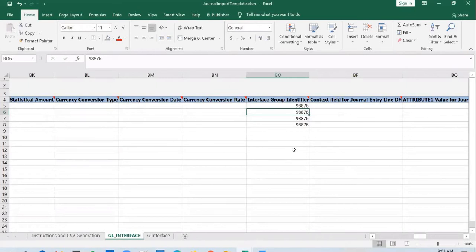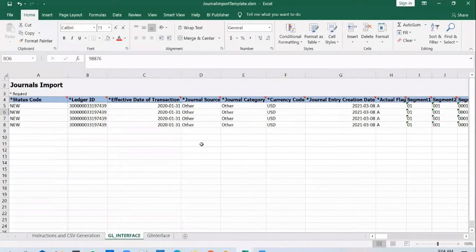But yes, it will definitely lead to confusion. You get confused as to why it is showing up in the error file when you didn't even populate this journal. To avoid confusion, it's always better to use a sequence and increment the number. Or before you load in any file, just get the max group ID from the interface table, increment it by 1, and populate it here. But it's not a fail-all or process-all approach. If there is a journal that does not have an issue, it will go through.